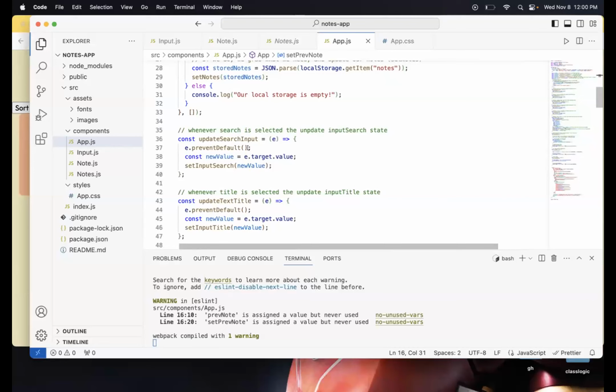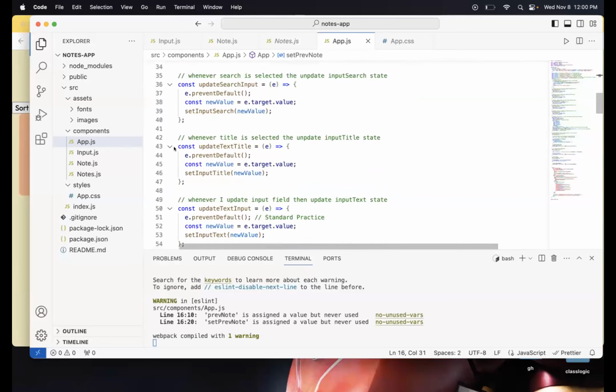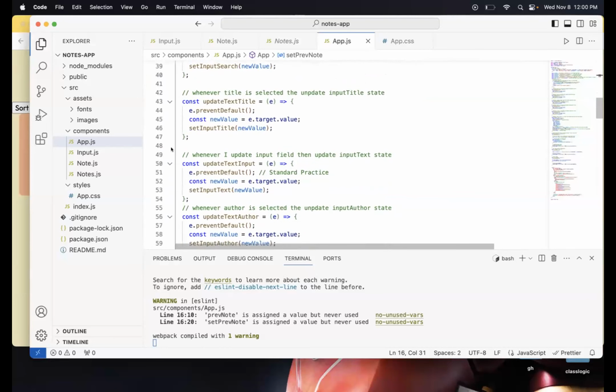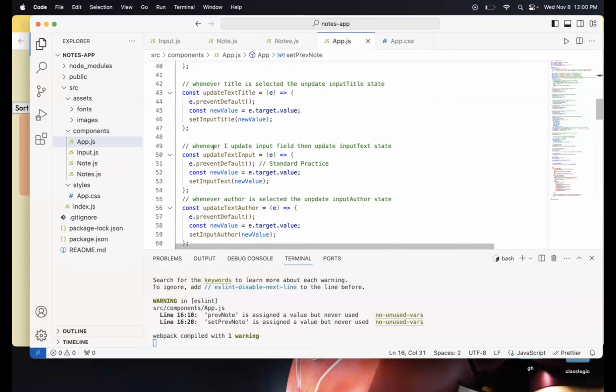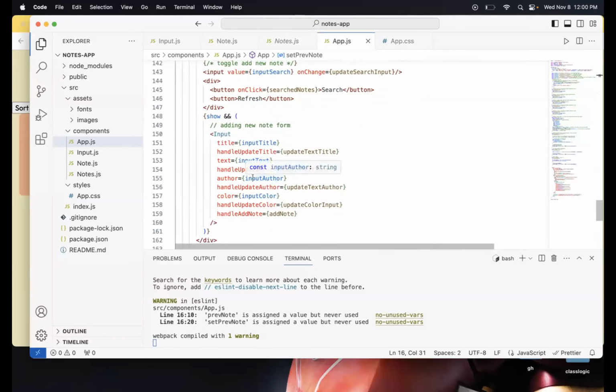I used the event listener over here to grab the information from the forms using the update text title and update text author. What I'm doing later on is I'm setting up the on changes for each of those input forms. And whenever there's a change, we detect it and we store it.